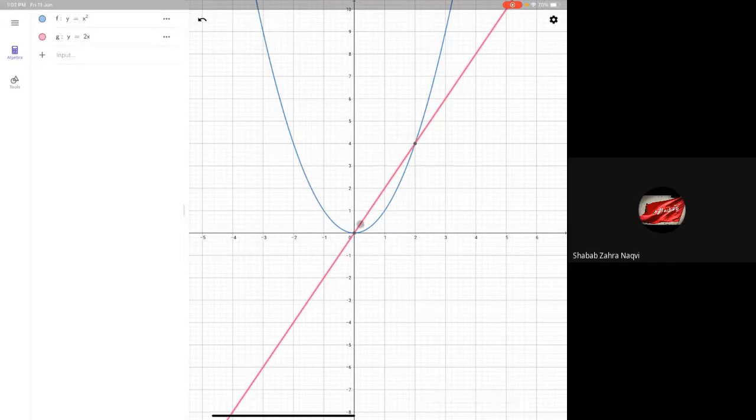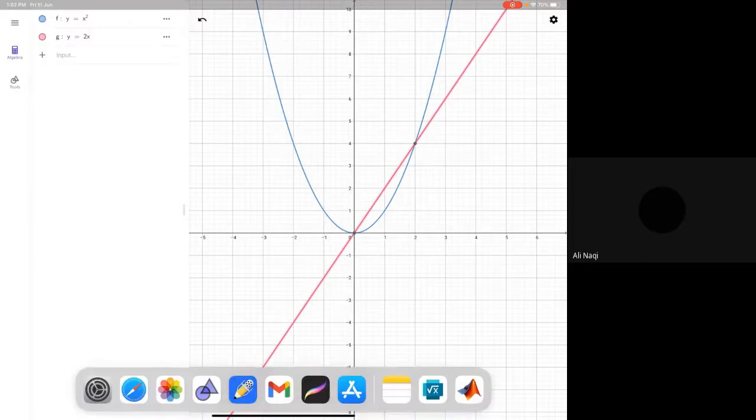Now one more thing. Is the slope variable or constant for the blue line? It's variable. That's why the red line also has a variable value. But the red line is a straight line, so its slope must be constant, but its value is not constant. Its slope is constant, its value is not constant. Okay, clear?